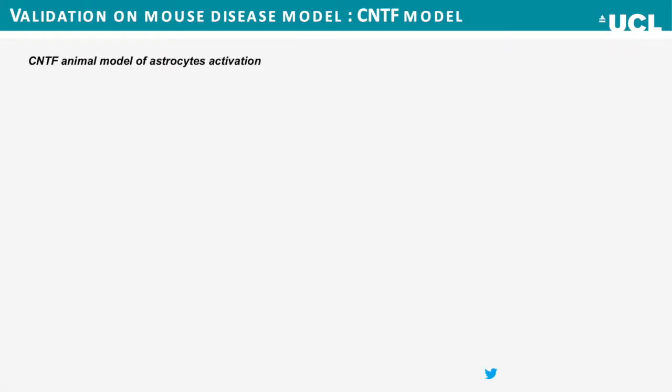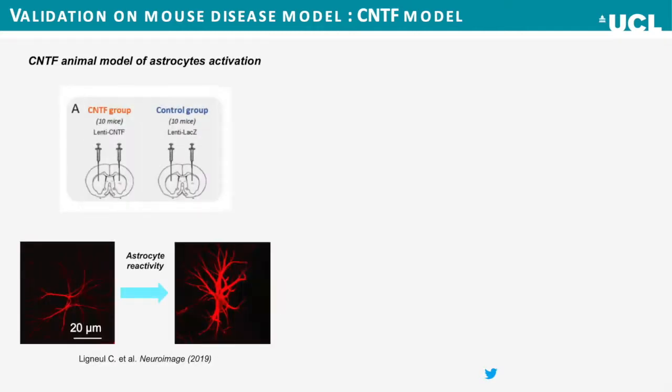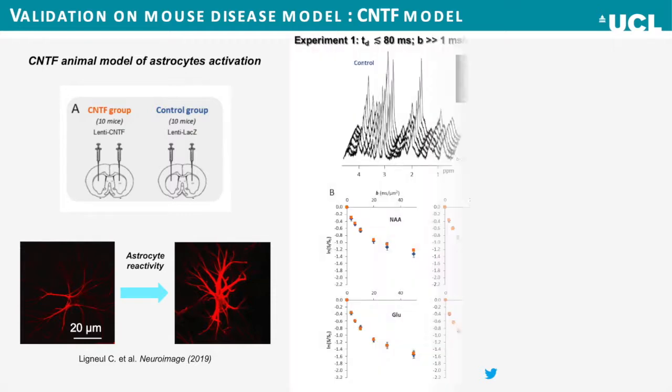So what we did, we used a mouse model called CNTF, which induced a large astrocyte reactivity in the area surrounding the injection site. We had a 10 mice control group injected with lenti-LacZ in the striatum, and an equivalent CNTF group injected with lenti-CNTF in the same area. We measured the shorter diffusion time